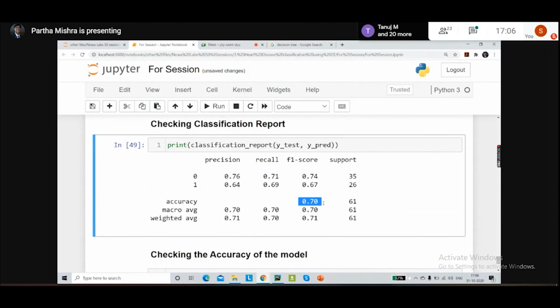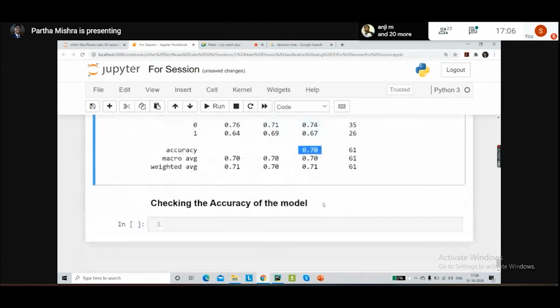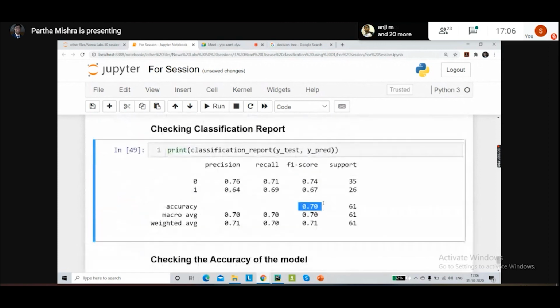I wouldn't say it's an excellent model, where we'd have values above 80, but it's not a bad model either. So depending only on one decision tree, we were able to get an accuracy of 70%.